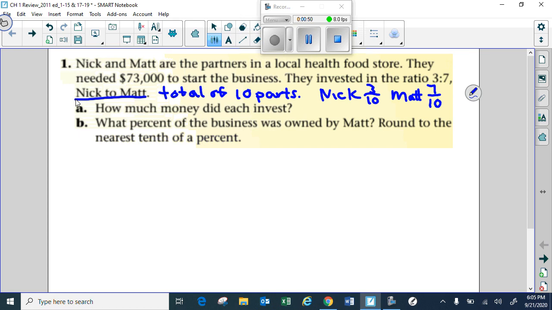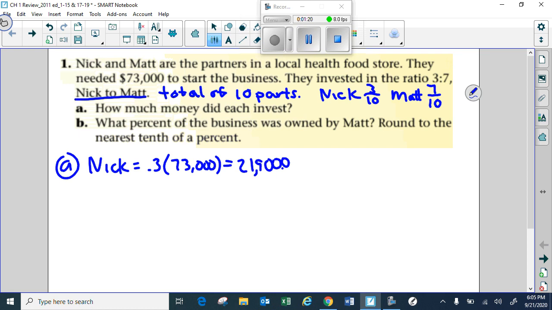Well, 3/10 is 0.3. So for A here, Nick, 0.3, 3/10 times 73,000, which equals, you get 3 zeros here at the end. 3 times 3 is 9, and 3 times 7 is 21. And move the decimal place over 1 place, right there. So 21,900 for Nick, and for Matt,